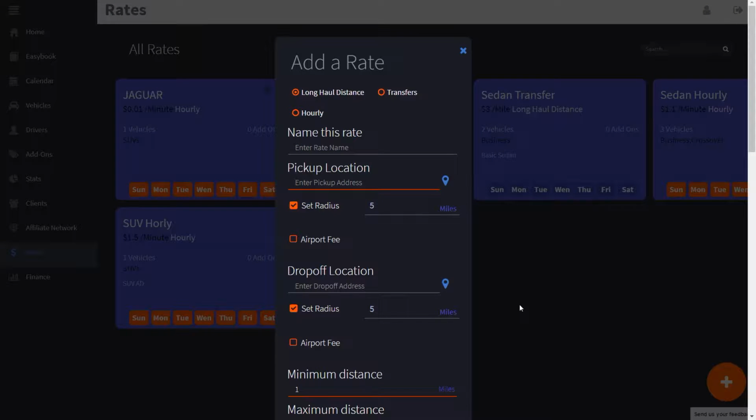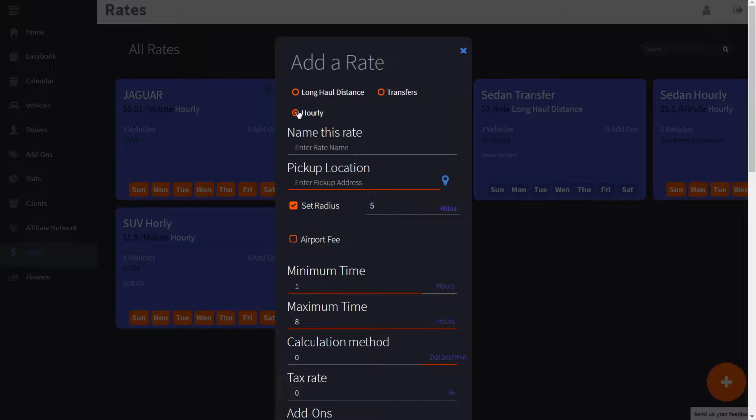We are going to start by creating an hourly rate. You click hourly and give a name to the rate that makes sense on your list of rates. Clients don't see this name. This is just for your internal purposes. So I'm going to name this rate hourly weekday